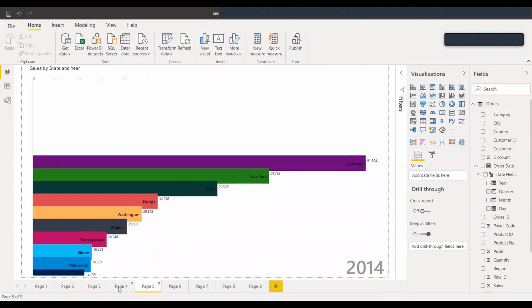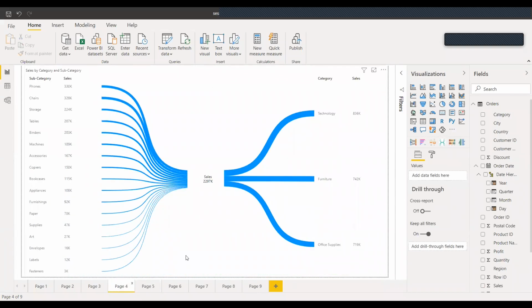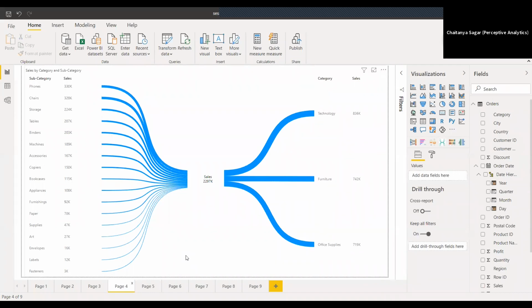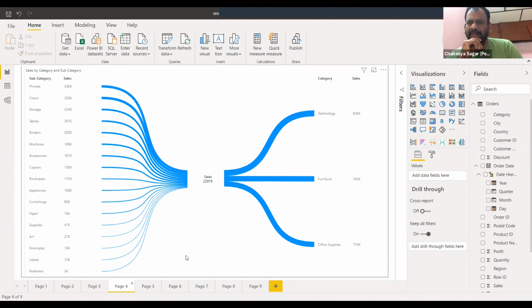One quick question, Swap here. See, this question is for everyone actually. Where would you think this kind of chart would be useful? I think what it is showing here is the sales. When I see this, these are two different categories of sales they have put in here, right? But I'm just trying to understand where it would be very appropriate.